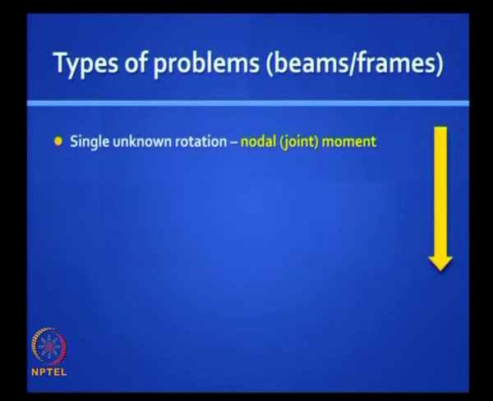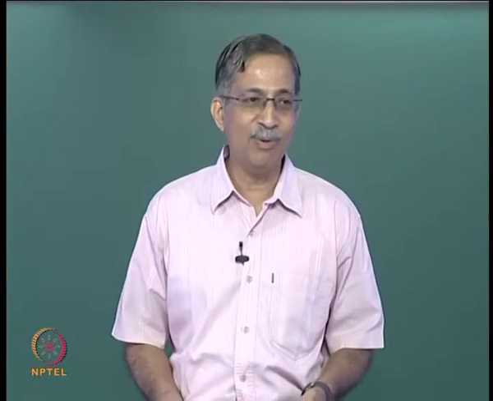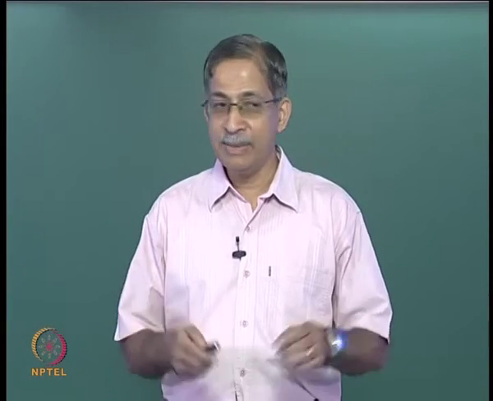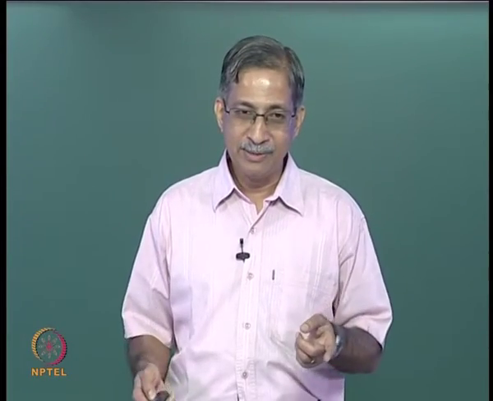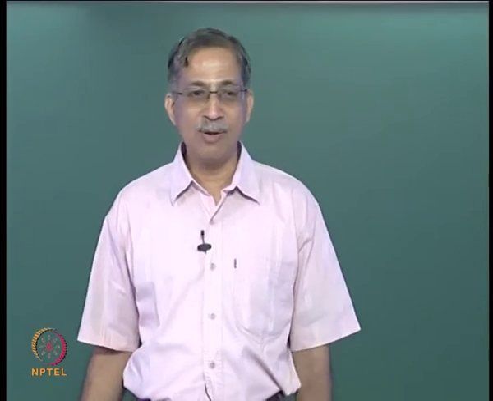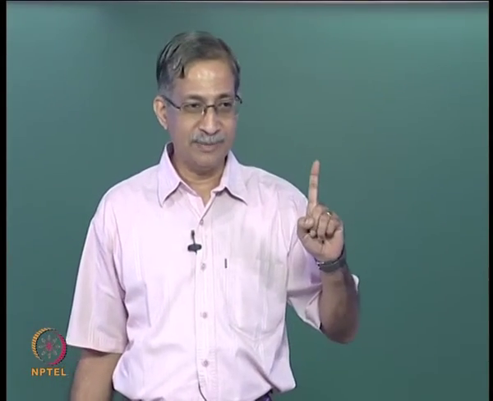The easiest is this type, single unknown rotation with a nodal joint moment, right, which you distribute depending on relative stiffness. You will find many problems can be reduced to this, but in real life, where do you get a concentrated moment acting? It is not very common. What is more common is intermediate loads. You will have a UDL or a concentrated load or a triangular load. So that is the next type of problems we look at, arbitrary intermediate non-nodal loading, but still only one unknown rotation. So we will proceed stage wise so you can master everything.